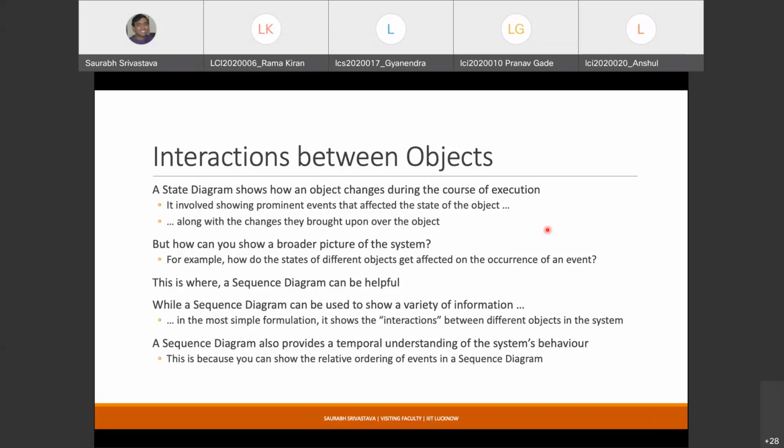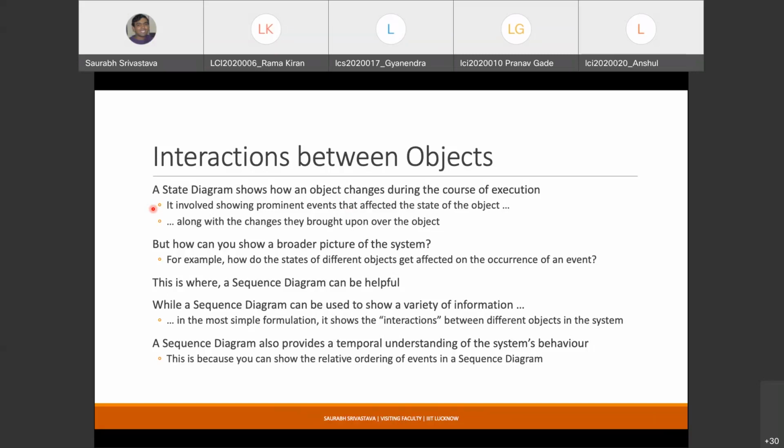So the state diagram was basically focused towards one object only, right? The objective of a state diagram was to show how a particular object behaves when the system is executing. And if you wanted to know a bigger picture of the system, the only way you could have done it is by examining multiple state diagrams and then trying to stitch together a picture of what exactly is happening.